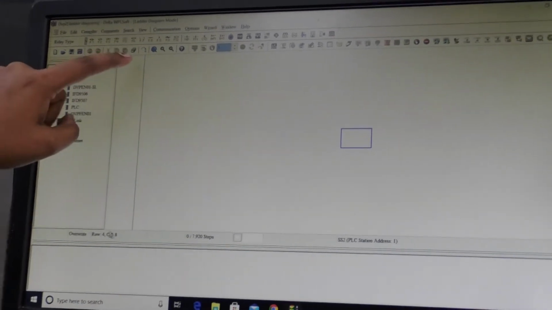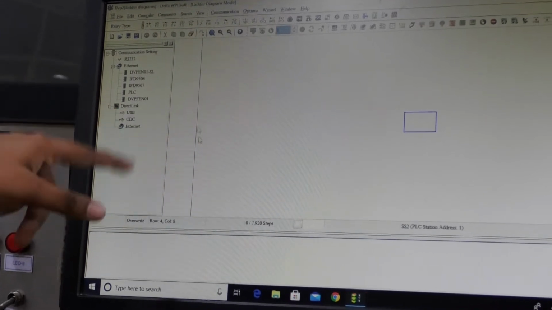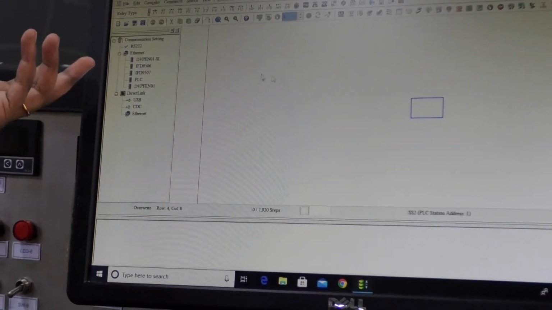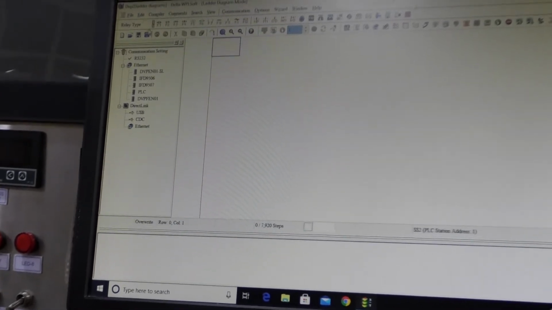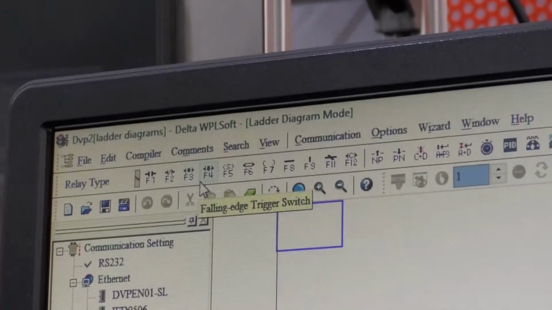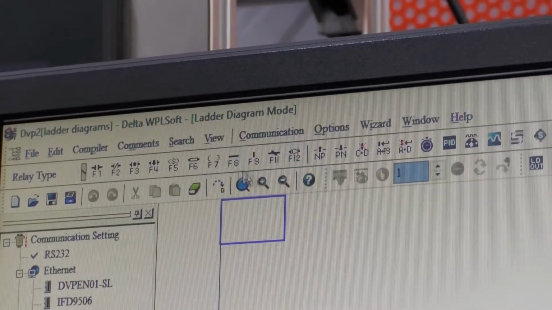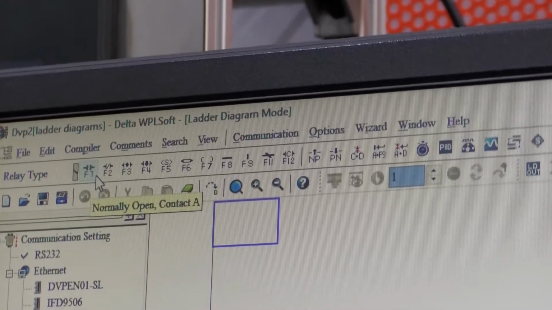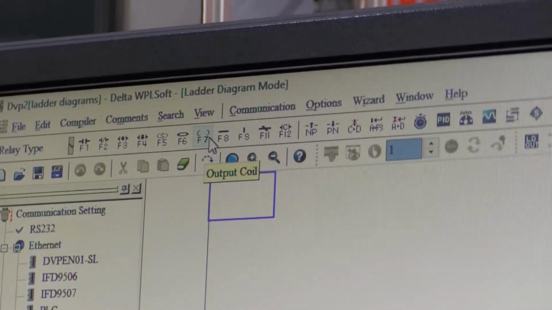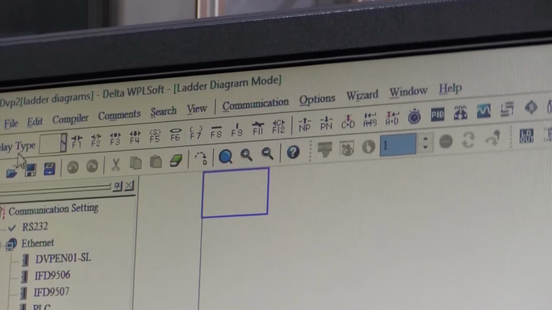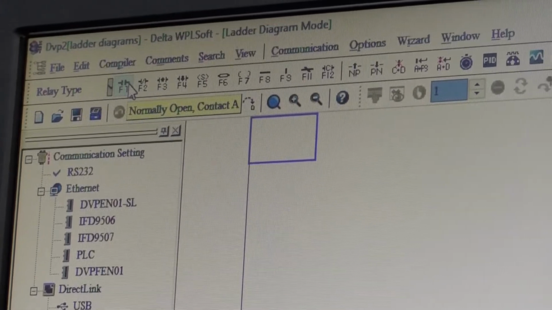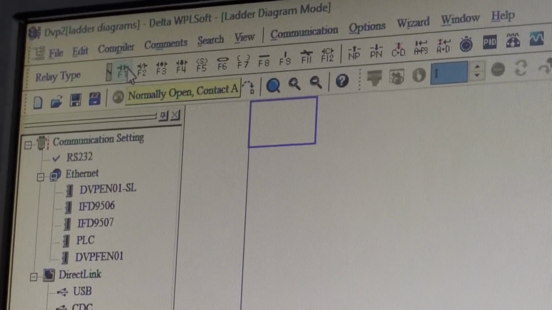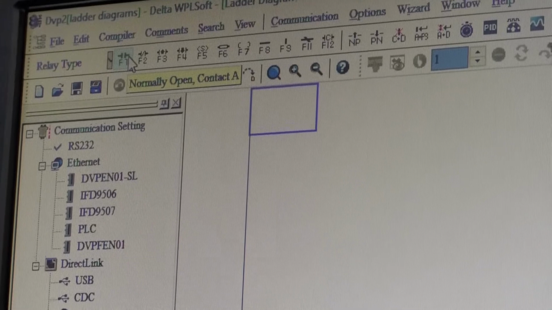If I am not connecting anything to the input power line, it is of no use, right? So I have to connect to the input power line. Here I hope you can see F1, F2, F3 and so on up to F12. We will be using F1, F2 till F7 and F6. F1 is a normally open contact, that is a normally open switch. Just take it as a switch mark.